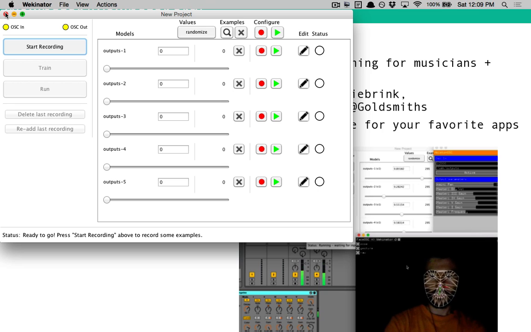OSC is a format which was created so that applications, both hardware and software, which need to communicate with each other, for example a musical workstation and a synthesizer, or Ableton Live and different sound makers, can do so. They all typically support OSC so that they can communicate with each other. So you can have one interface control one instrument, things like that. And it's actually been widely adopted for other purposes too, not just music.